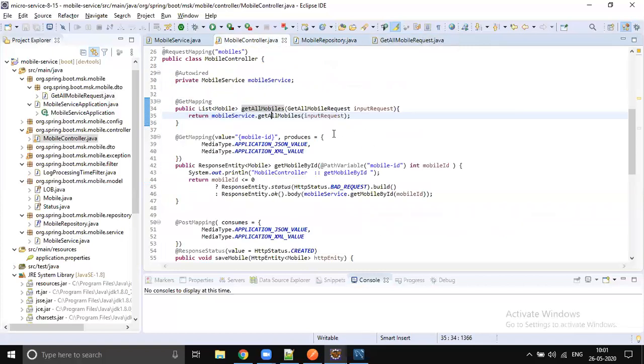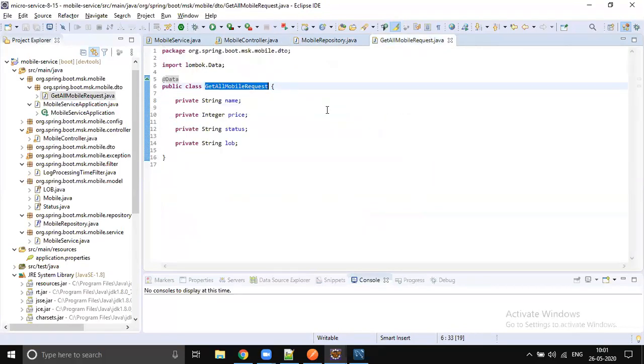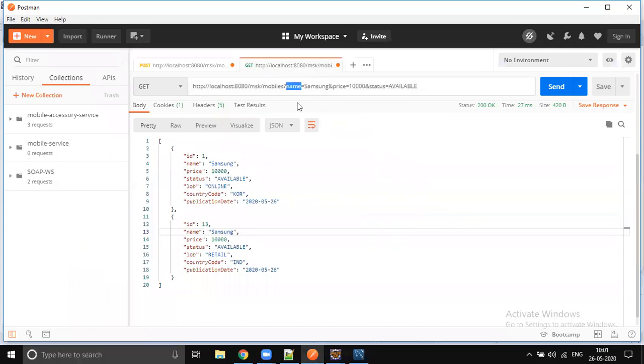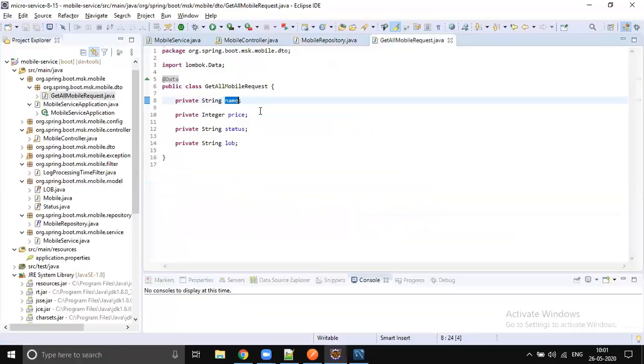You are setting into one object, right? Get all mobile request. In the URL you are passing some variables. If they match the same parameter, then it will be populated. So while you're sending this data, if you send any request parameter name, that value will be populated here. So it's automatic binding. It's auto binding.